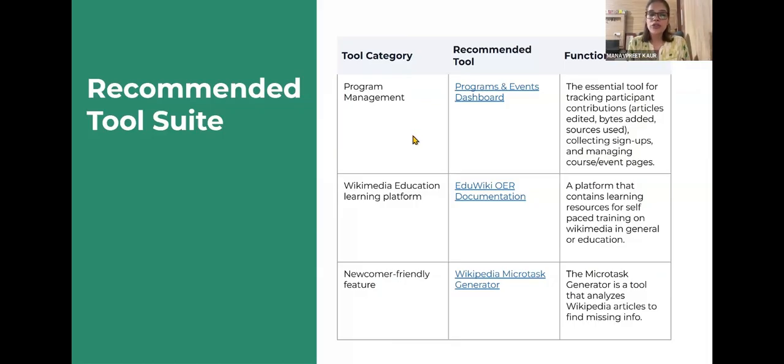Then we have tools for training. Then we have platforms like Zoom and Google Meet to meet each other. We are a wide community set up in the whole wide world, and that's why these kinds of tools help connect us with each other. And then there are many other tools, like for improving content quality. There is Citation Hunt, Find Source Gadget, etc.